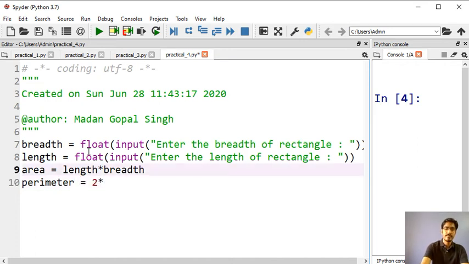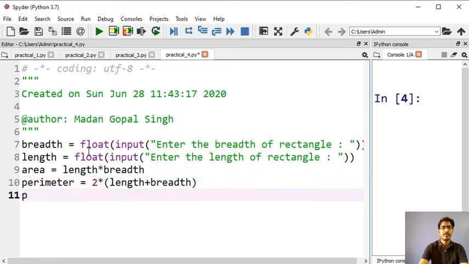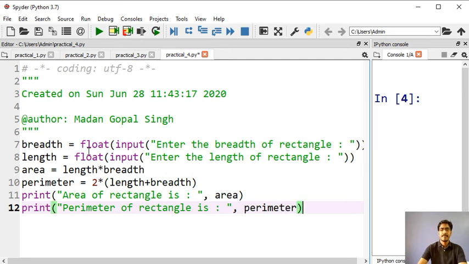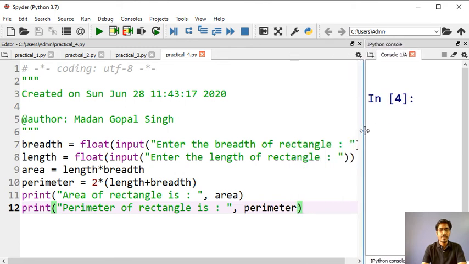It is 2 into length plus breadth. Then simply we will print "Area of rectangle is", we will print the area, then we will print "perimeter is" and complete the perimeter. This is how.